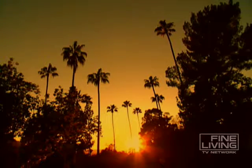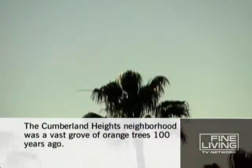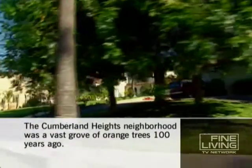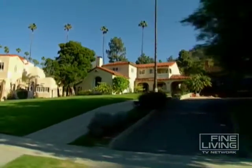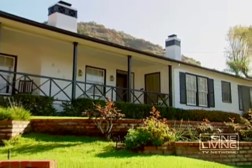Towering palms rustle above the Cumberland Heights neighborhood of Glendale in suburban LA. The big trees point to the fact that this is no prefab cookie-cutter development. Instead, it's a collection of custom classics from the 30s and 40s, including Tammy and Craig Relier's California ranch house,